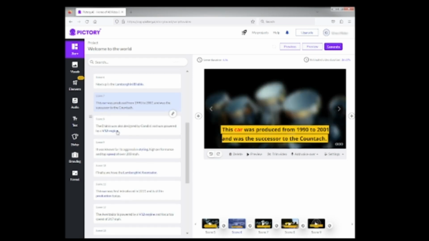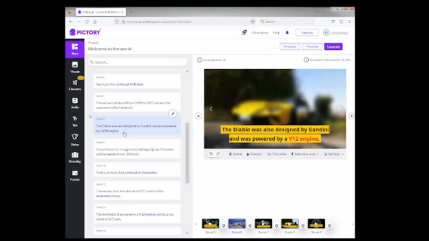The Diablo was also designed by Genny and was powered by a V12. I suspect it's going to come back with another video of, I was going to say engine, it's come back with a Lamborghini. I'm going to link scene 7 and 8 together because it does mention an engine, and scene 7 did bring back an engine. So if I click this link scene, I should eventually replace scene 8's